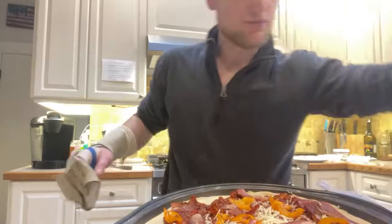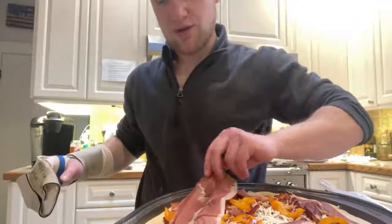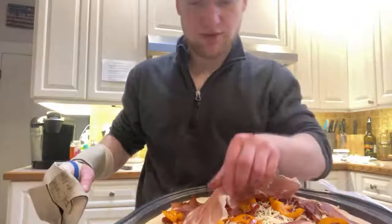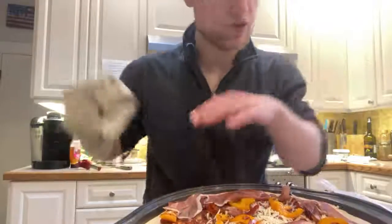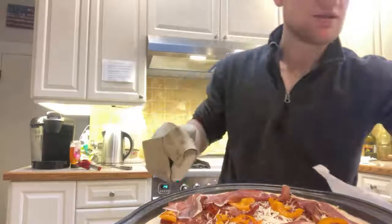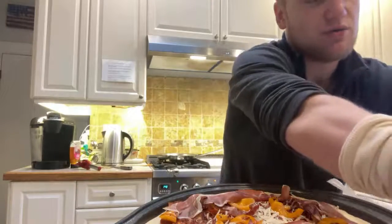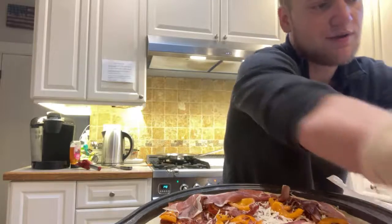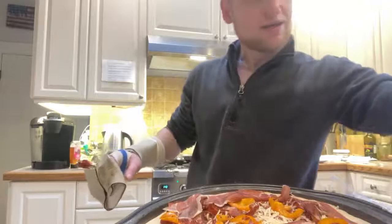And prosciutto. See how I'm just putting the prosciutto around the border though? I'm trying to kind of wrap it around, dig it in, get it nice. And I want it to make contact with the dough, not just the sauce. Because what it's doing is protecting the outer crust from burning, and it's infusing all the oils that come out when you cook the prosciutto into the crust. So it makes a very nice tasting